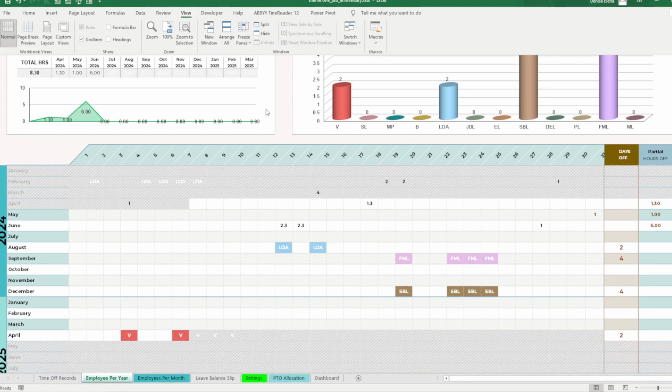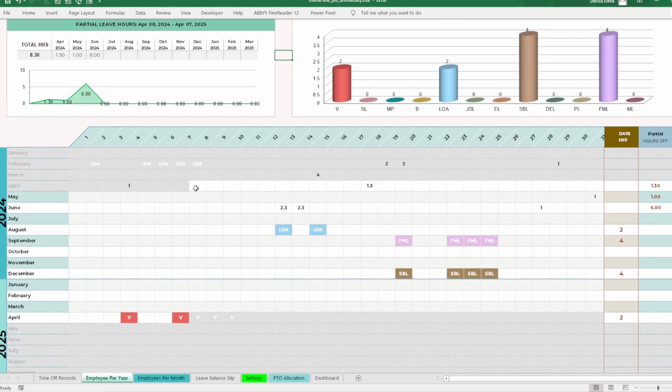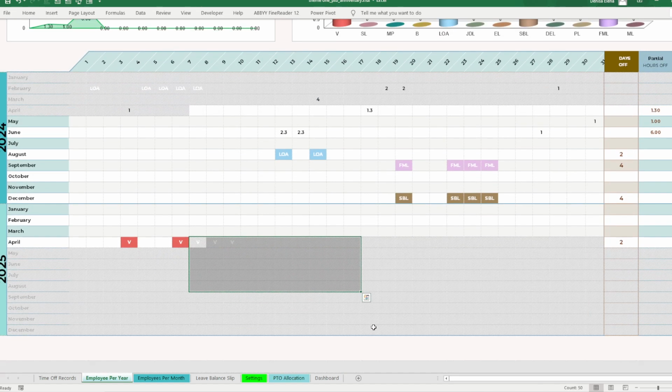Let me trigger this a bit to have more space, and we also have a light preview of what has been consumed outside of her anniversary year, here in the months previously, and here in the months after her employment day. Here a particular situation, for example, Jessica Smith has a request of, I guess, 5 days of vacation,